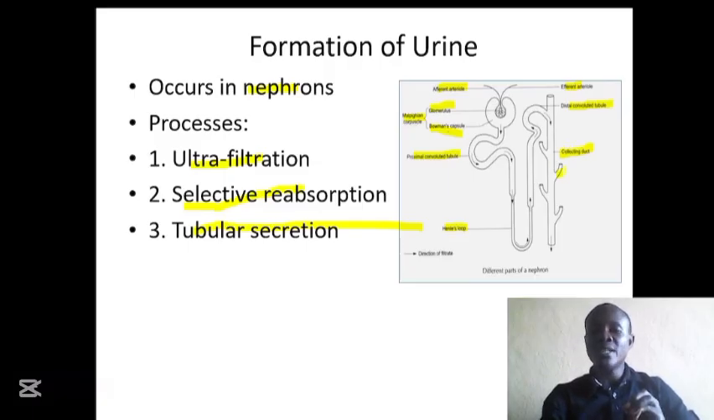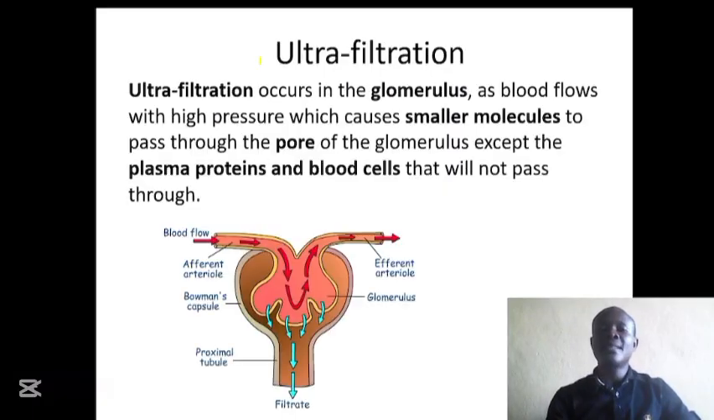All of these branches here are nephrons that have to come and attach to it. But in this diagram, we just have one nephron being connected to this collecting duct, but we have many of them that are supposed to be connected to this collecting duct. As I said, we have three processes involved in the formation of urine. Let's start with the first one, that is the